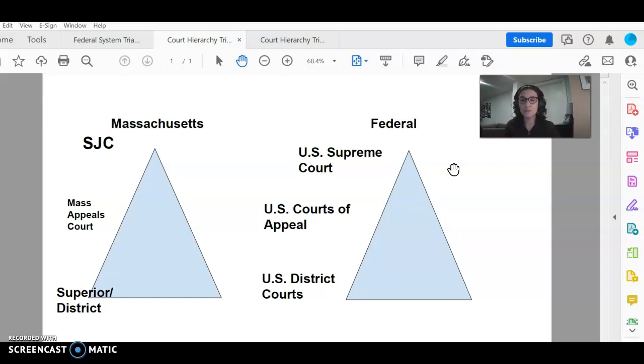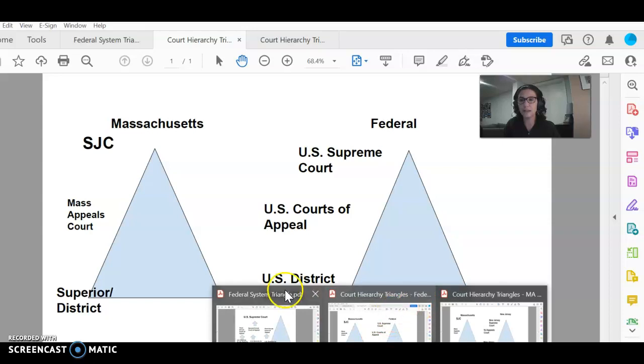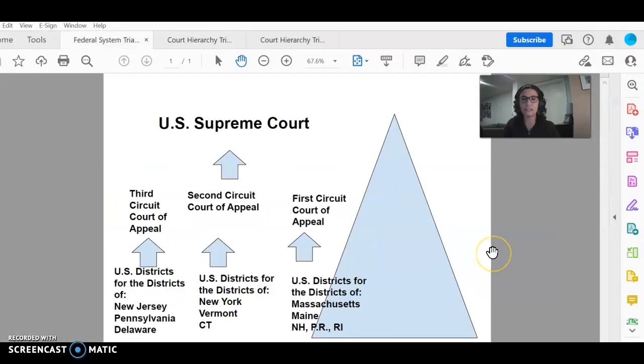Why do we go through all of this? I do want to actually make a video for you and go through the hierarchy of the, actually, let me just take a quick minute and go over the federal triangle system just a little bit more. I'd actually like you to pause the video here and just take a look at this image and then come back and I will talk about it. Okay, I'm assuming you paused and read the names of the courts here.